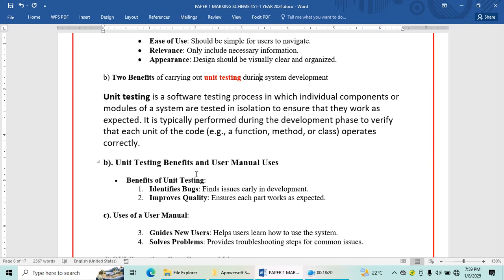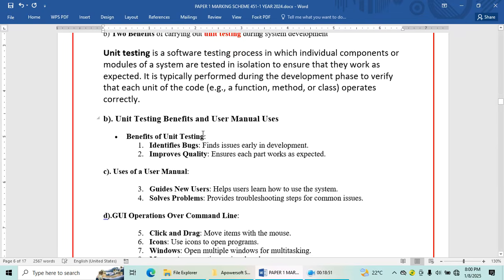Guys, what we mean here, once you go further in your computer studies, you notice that we have things called functions, methods, and classes. You create small parts of a program, then you combine them. And each part is easy for you to test since it is a small part. That's why we are bringing the word unit. A unit is a part. It's like now you are doing part by part testing.